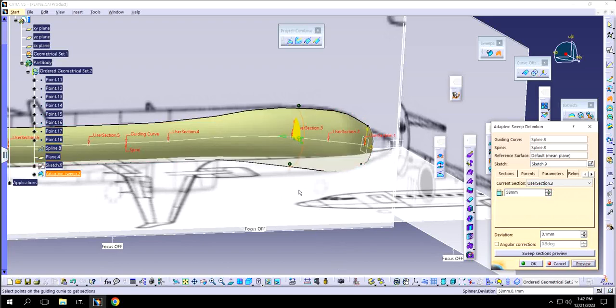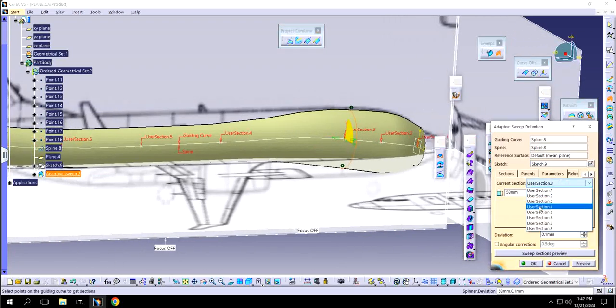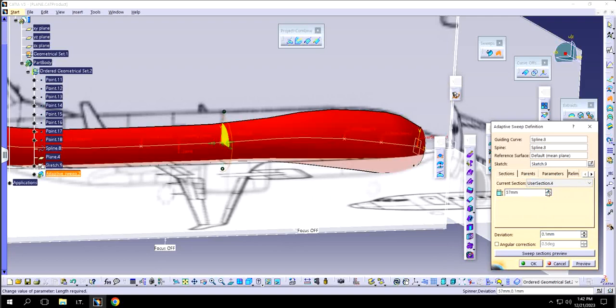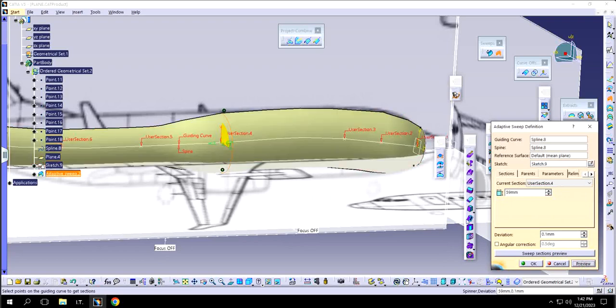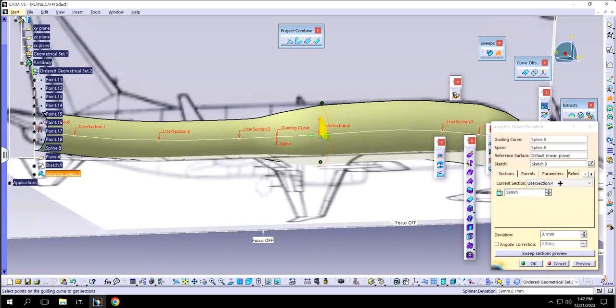So it's getting very close to what we actually need. Similarly, section 4 comes here. I can increase this as well. Something close to what we need. Preview, we have that. Similarly, in section 5, let's see,